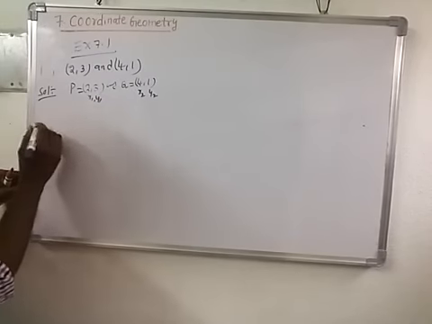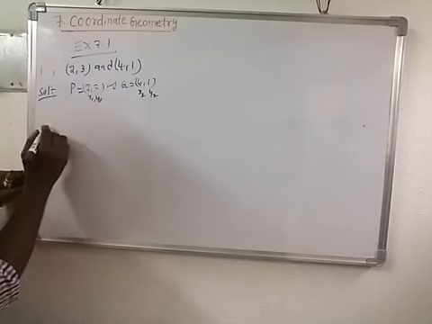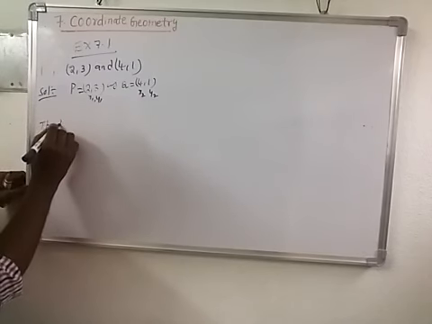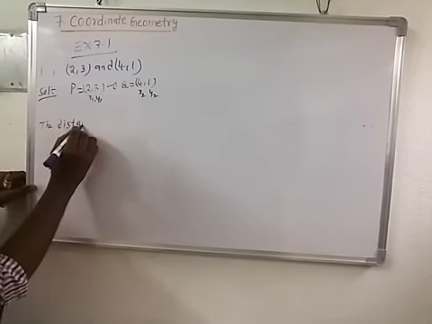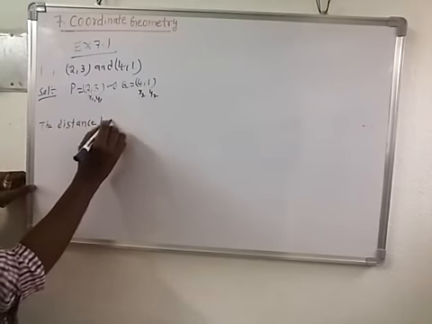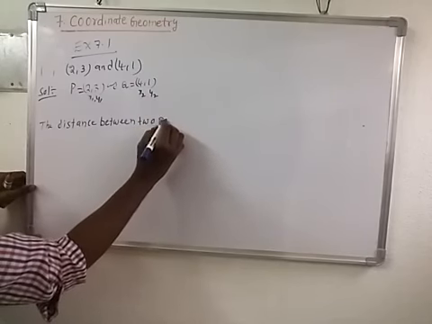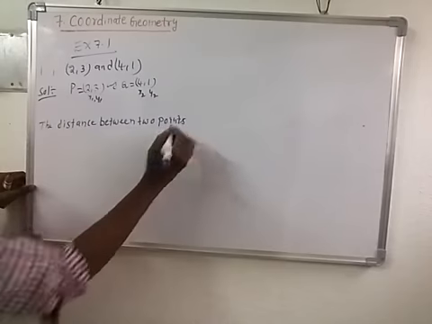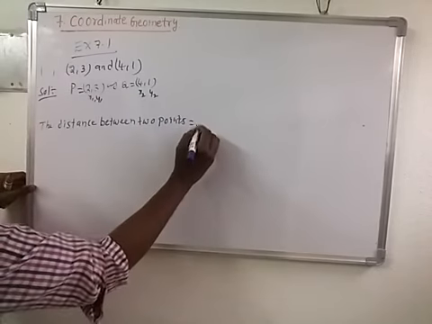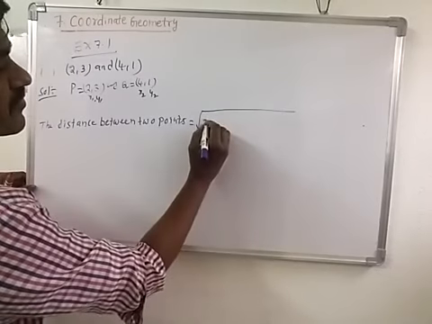Now we know the distance between two points is equal to the square root of